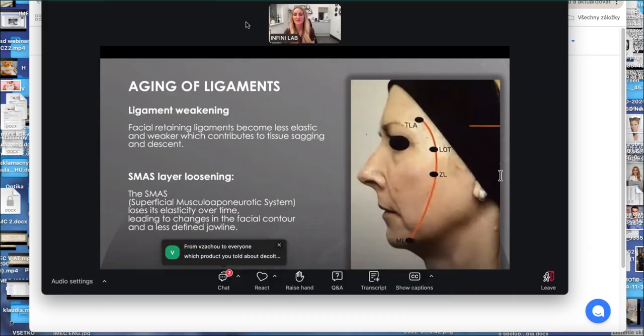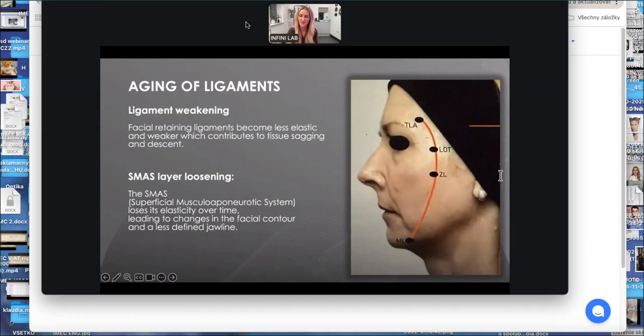Okay, but the second group said something completely different. They said it's not only about the stretching of the connecting tissue itself, but it is also connected to the movement of the 42 bones in our facial skeleton, which change with age, become flatter, shift, and also reposition the position of the bone. So we also have the classic